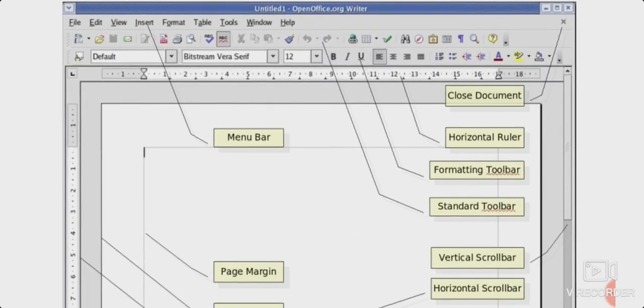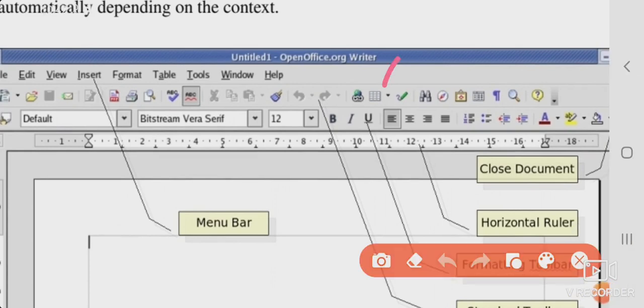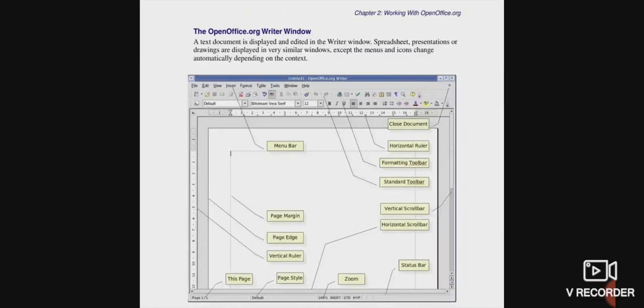So you can see a down arrow here. This is a down arrow, this is also a down arrow. By clicking these down arrows, you can change the visibility options.